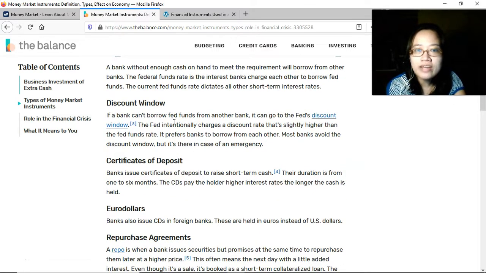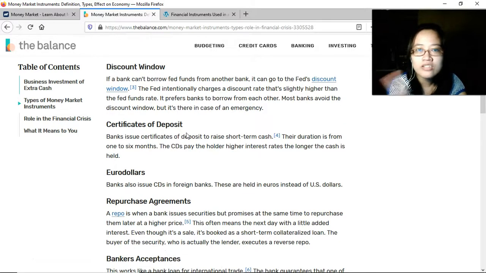Discount window. If a bank can't borrow Fed funds from another bank, they go to the central bank and then kumbaga parang assistance na. Instead of charging the prevailing interest rate, they are being charged a lower rate, yung tinatawag na discounted rate. Kasi nga, they're already having financial trouble. So, the central bank, as a form of support, lends to these banks at a lower rate. Pero in cases lang naman siya ng financial trouble saka in emergencies.